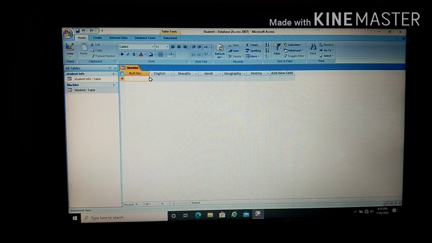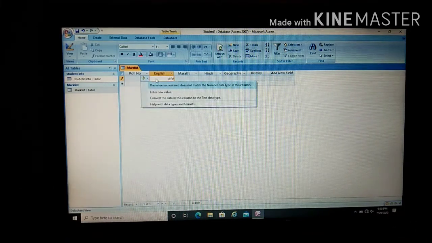The first record will be 1, then English. As I already told you, I took the number data type for all of them. See, if I mistakenly enter text and then go to the next tab, you will see: the value you entered does not match the number data type in this column.